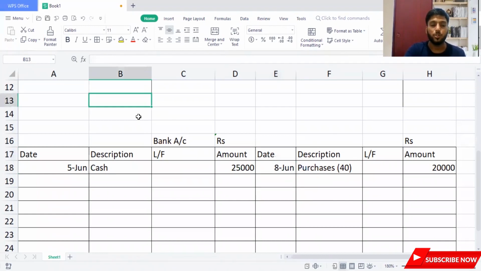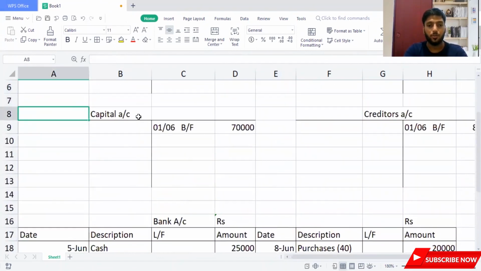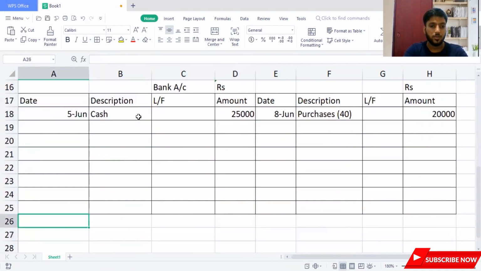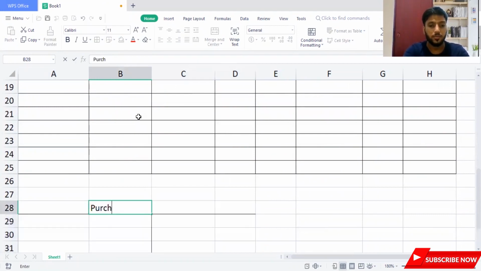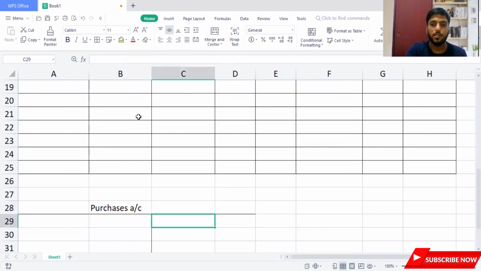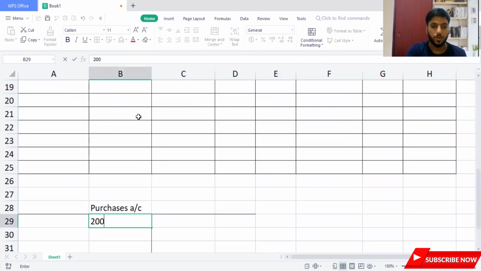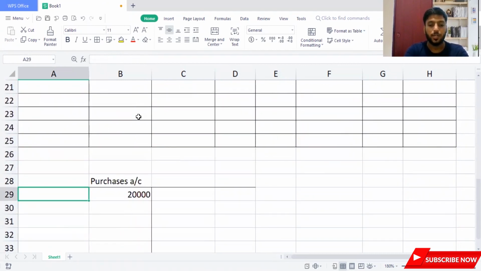As I have no space up above because I have already started with the balances, I will draw an account down here. Let me copy an account from here so I can replace it with another name. I'll write here purchase account. In the bank account it's credit, which means in the purchase account it should be debit, so it should be 20,000. I'm going to write here purchases, bank. Remember to write the date first of all, 8/6, bank. So that's done and dusted, the second adjustment. Then we move on to the third adjustment.